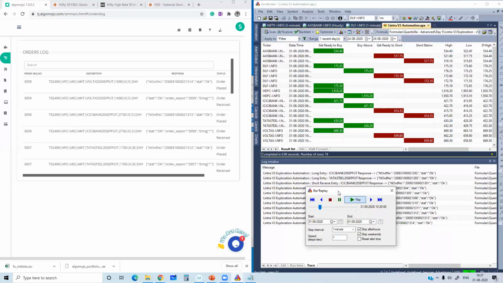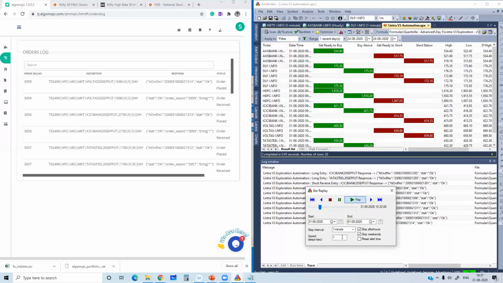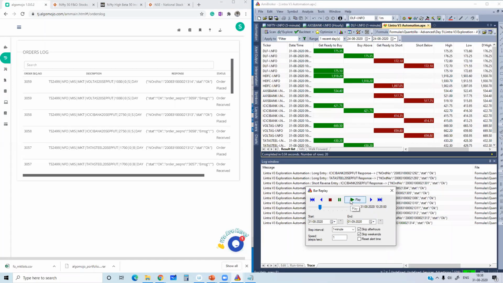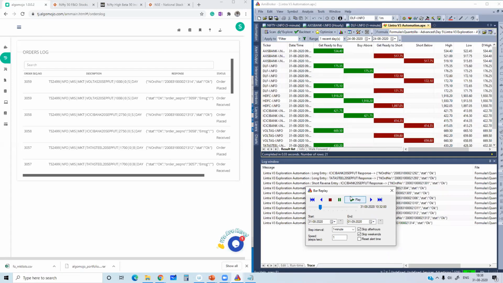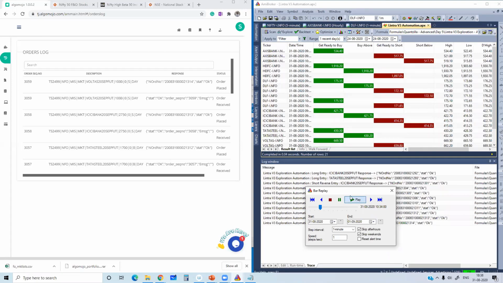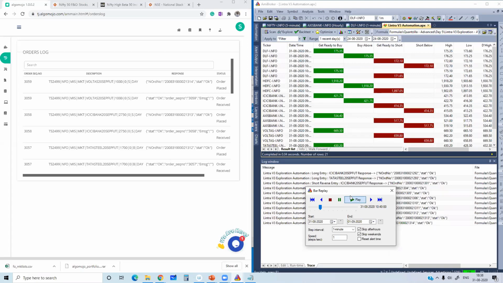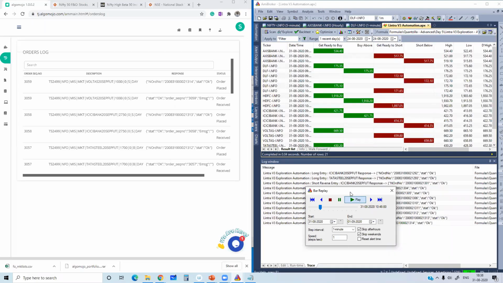See, if you are running this way and it is skipping faster, then in this case some of the signals might be missed if you are running in bar replay. So always try to check in live markets. Live market will be very slow. When the signal comes, it will come and stay there for the entire 5 minutes, and in the intermediate time the orders will be picked up and then executed. Sometimes if bulk signals are coming in while you are running in bar replay, it might get missed.